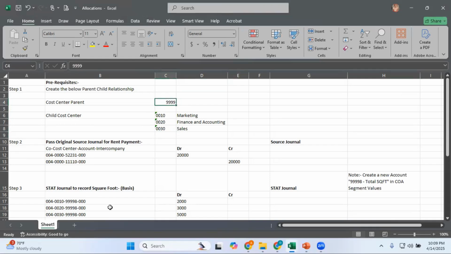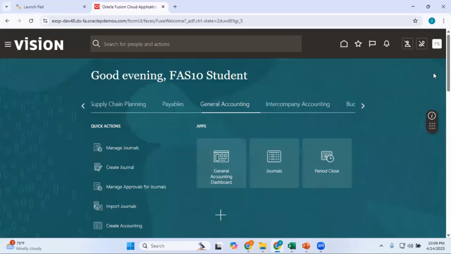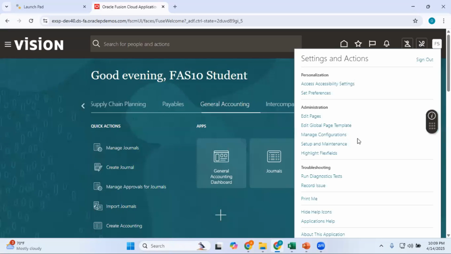Now let me show you how you can include these particular cost centers, or rather in my current environment, these cost centers are already part of this particular parent. So now let me show you how you can check this. Let me get into Oracle Fusion. Go to setup and maintenance. So first let me take you to